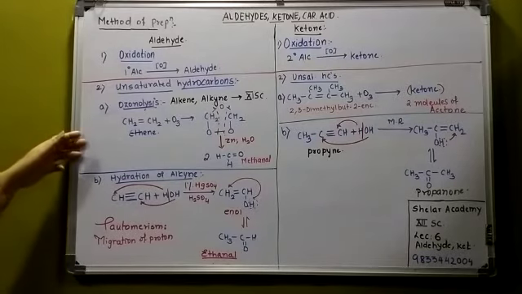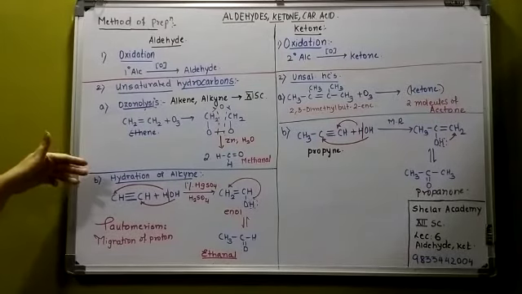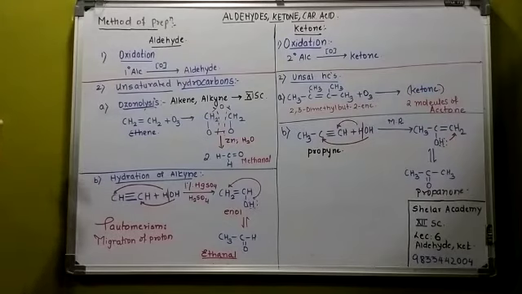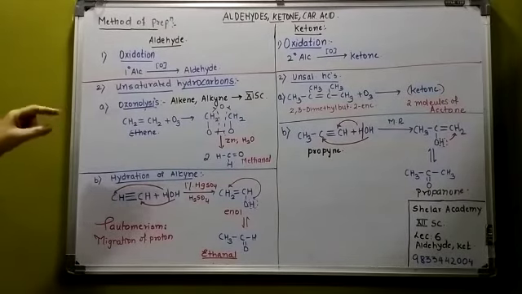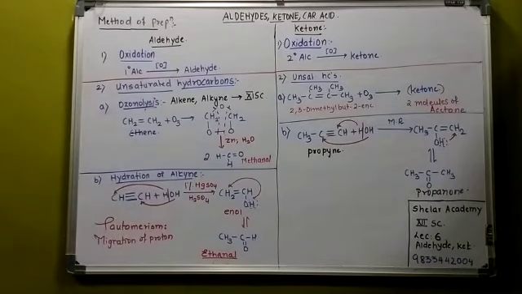Now again, these two methods of preparation we have done already in 11th standard. I'll just revise it. Again, here aldehydes, there ketones. It is the ozonolysis method, from the unsaturated hydrocarbon. See, if it is ethene reacting with ozone, the ozone molecule gets added across the double bond. I have told you, if you remember, the reaction with ozone is used to find the exact position of the double bond in the given structure.